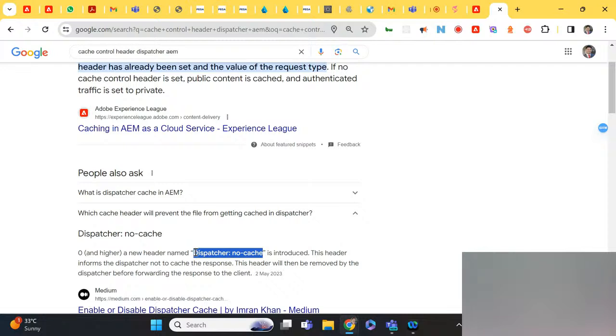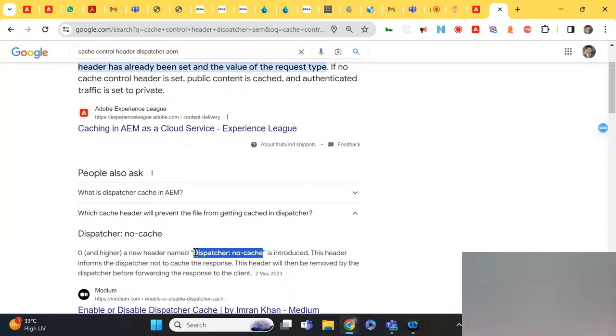If it is mentioned as no cache, it always comes to the AEM publish. Okay, we need to check two things. One, in the request header, no cache should not be there, because if it is no cache, then it comes to publish by default and it will increase the load.